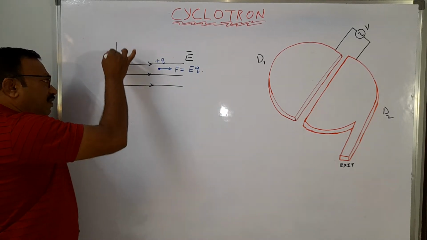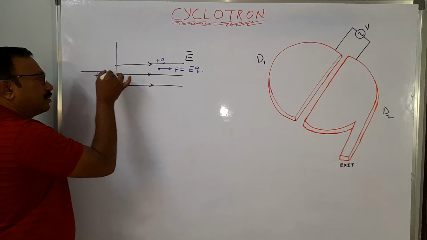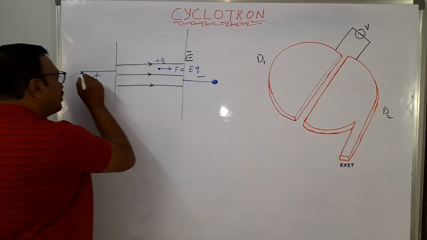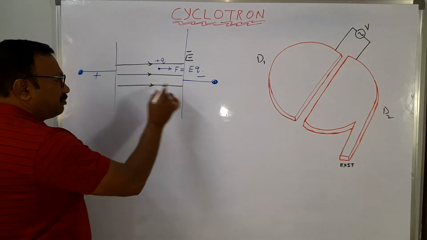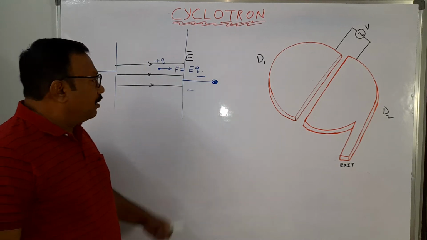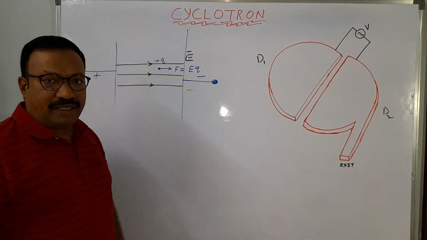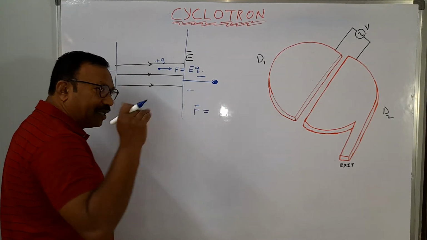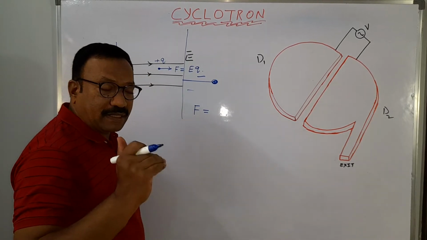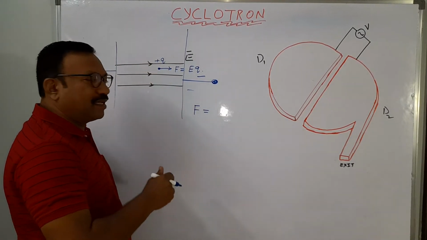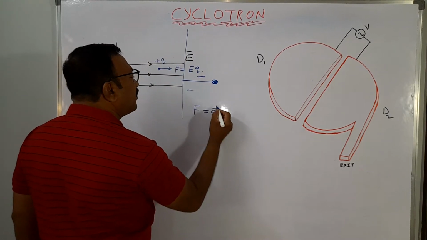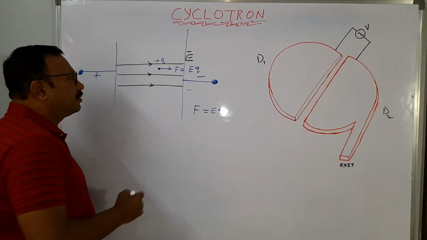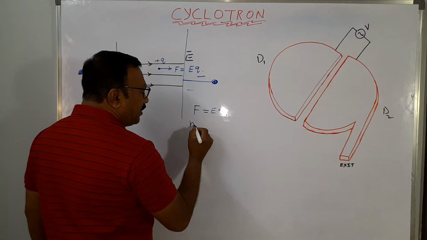Generally, the electric field will be from the positive plate to the negative plate, where you will be maintaining the potential difference with the help of a battery here, plus potential and minus potential. So a positive charge is attracted towards the negative plate. So the force exerted by the electric field on the particle is the product of the strength of the field and the charge of the particle. Fine? Very good.